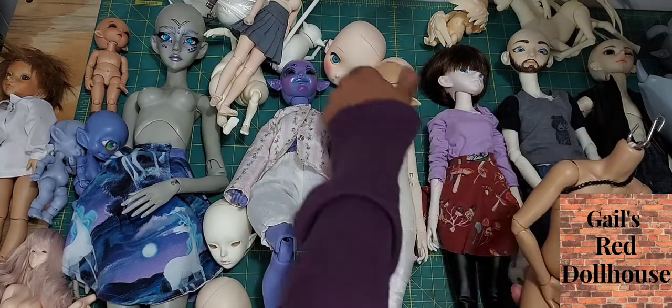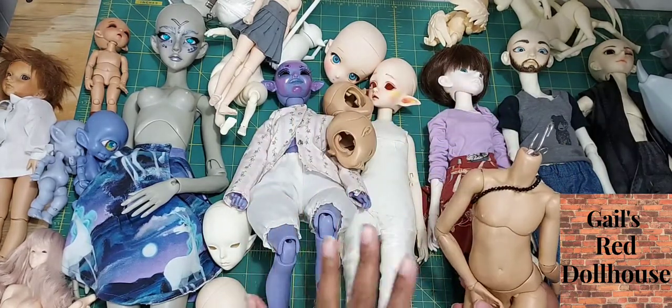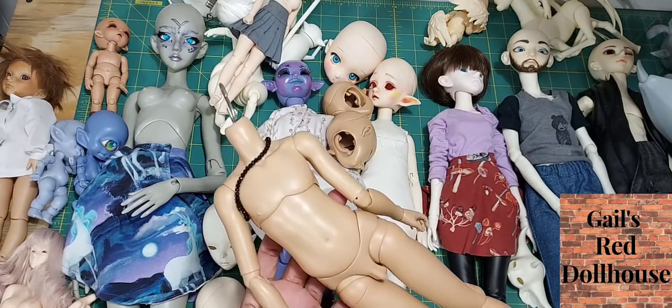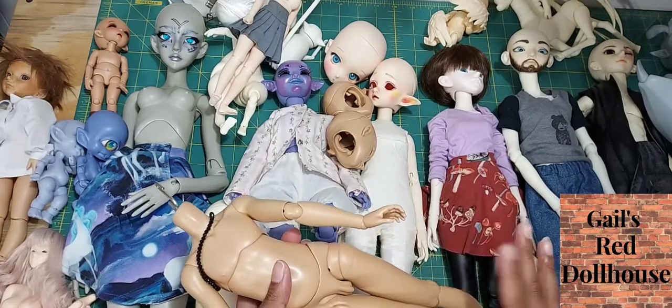Whoop, don't drop it. So anyways, he needs face-ups. That'll be my first time doing two face-ups to match each other. I've never done that before. This body needs a lot of help though, and there's going to be some modifications. I have extra hands for it too. That'll be a whole other video in itself, because